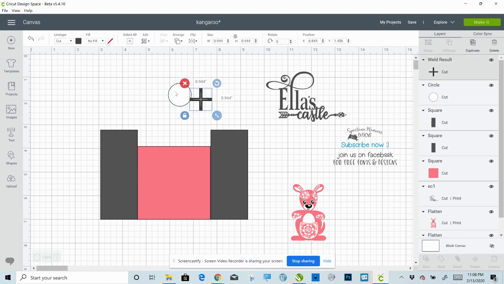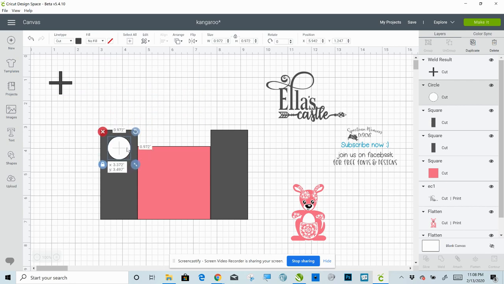Okay, so that's 0.972. And then the crosshairs 0.972. So now they'll be exact. Oh, I'm sorry, you don't have to put it over it. I apologize. We're just building those, we'll use them in a second. So for right now, what we're going to do is put this on top of our